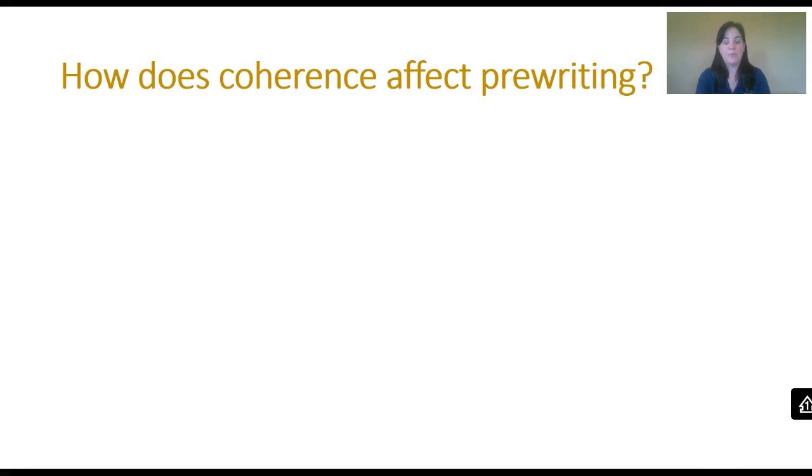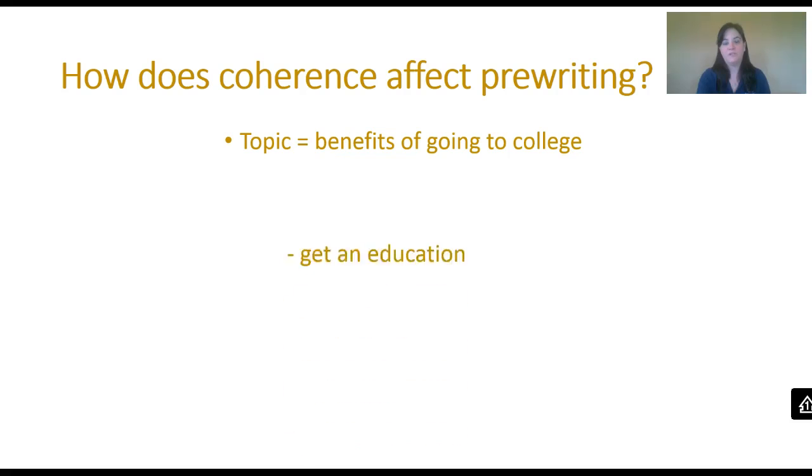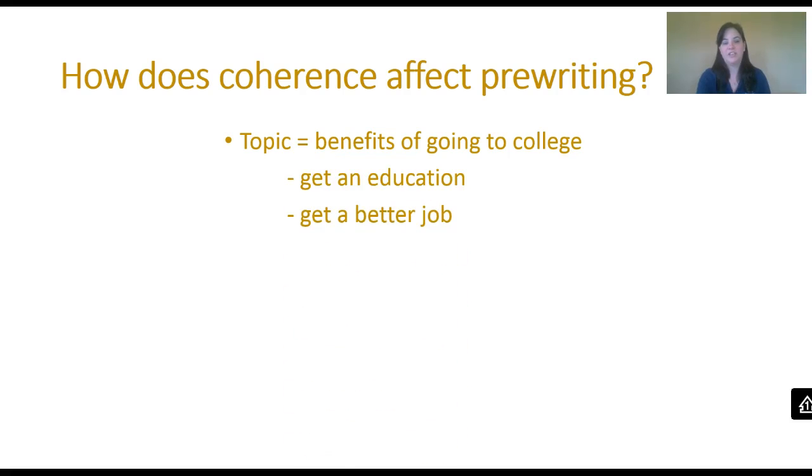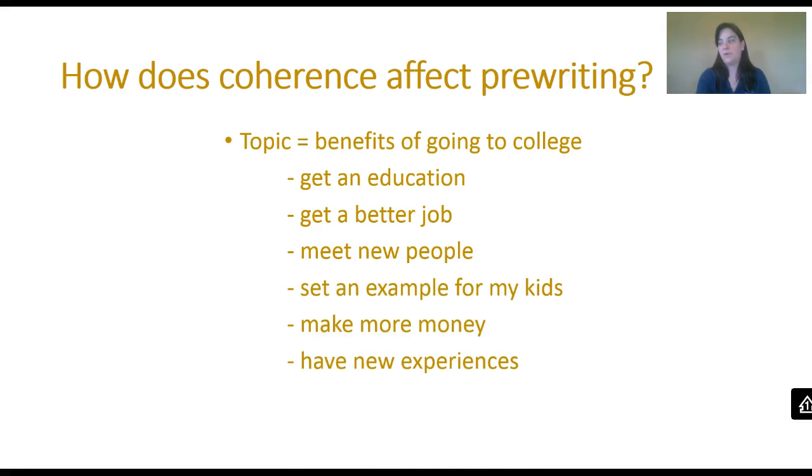Let's look at an example of how we can check pre-writing for coherence. Here's a topic that a student is pre-writing about, and the topic is the benefits of going to college. In a brainstorming list, the student has come up with the following ideas: get an education, get a better job, meet new people, set an example for my kids, make more money, and have new experiences. We have an awful lot of ideas in this particular